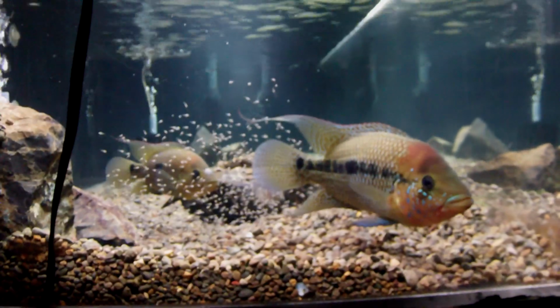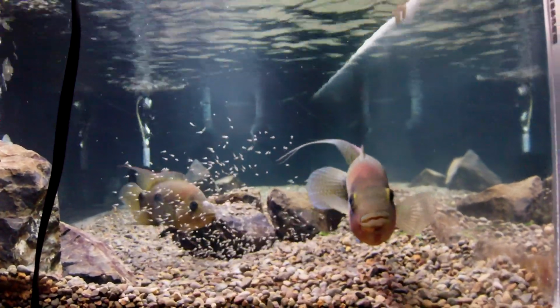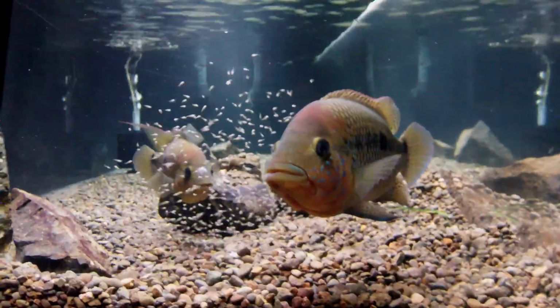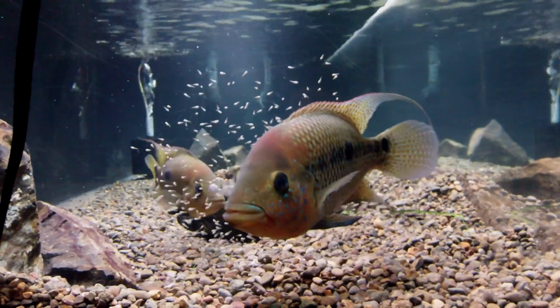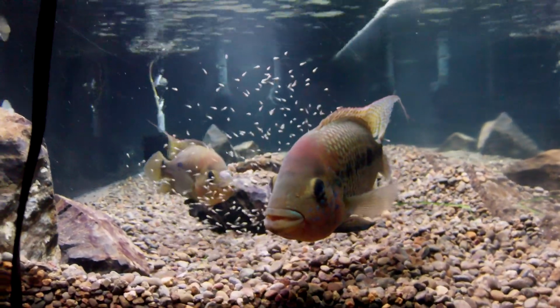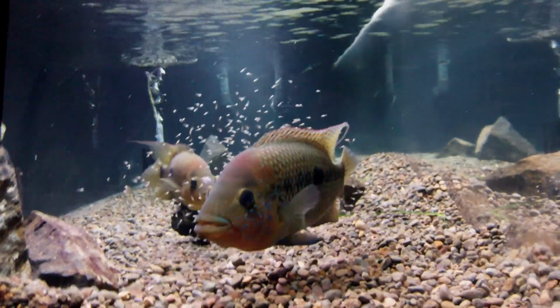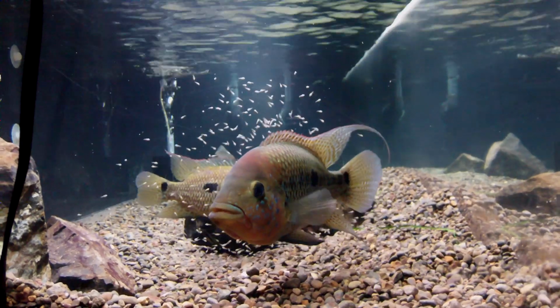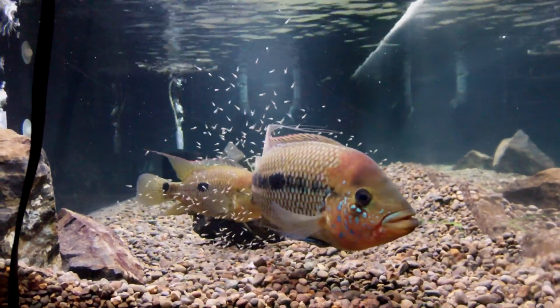But guys, this is my absolute favorite part of the hobby. Raising up fry, having fish spawn, and the parental nature these guys possess. It's very human-like. As a father myself, I can relate to being pissed off when somebody comes too close to my kid the wrong way. You know, it's just how it works. And to be able to relate human emotions and human feelings to a pet is, I believe, what makes us love pets so much, is how they can be